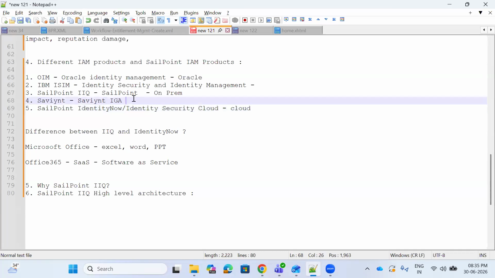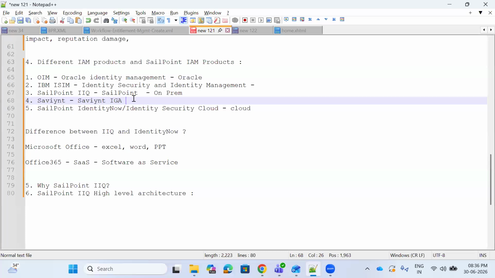The reason is evolving requirements. Previously, cloud was the buzz. Nowadays, AI is the buzz that is happening everywhere, and previous to AI, cloud was the buzz. Everyone was looking for cloud applications. So people were not ready to spend time and money and effort on installing and configuring applications, and also they wanted instant